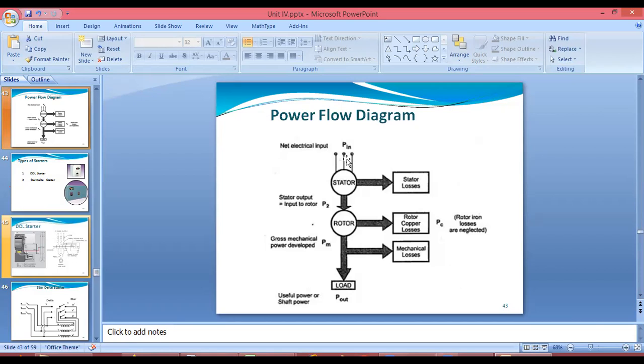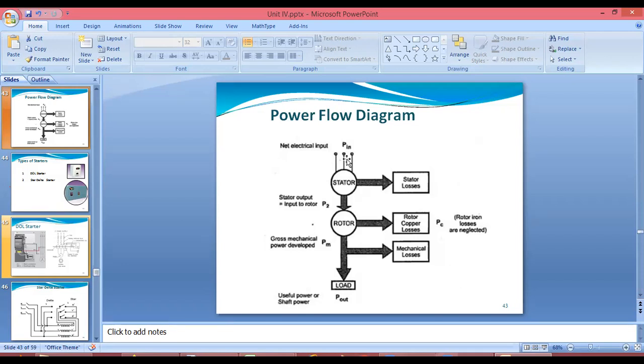There will be questions sometimes, draw a power flow diagram or explain the power flow diagram for the three-phase induction motor. So you are supposed to explain from start to bottom how it will work, how you will give the power supply, how the stator will work, and how that power will go to the rotor and the rotor will rotate, and you will get the energy in the form of mechanical, and how there are different types of power losses you are supposed to explain.